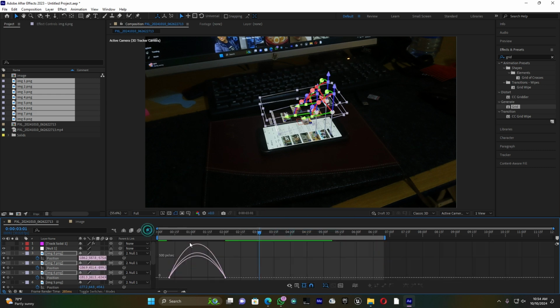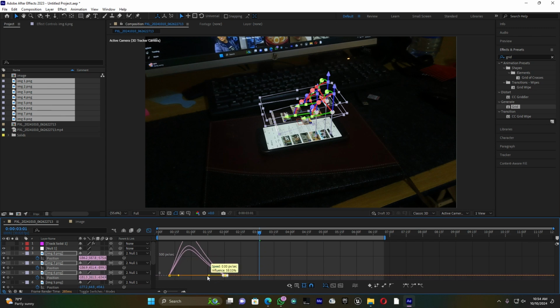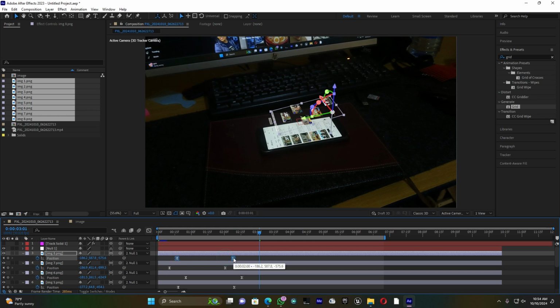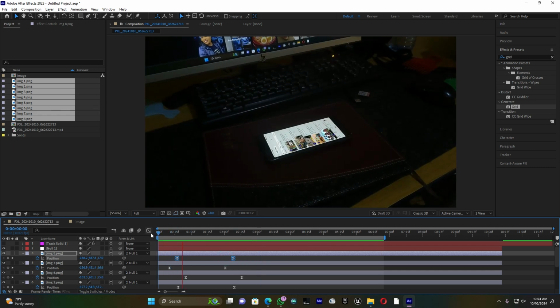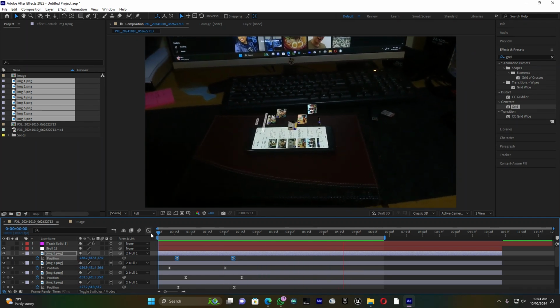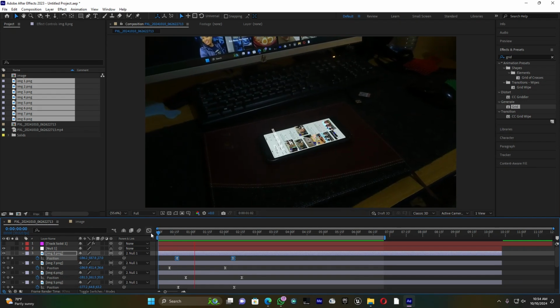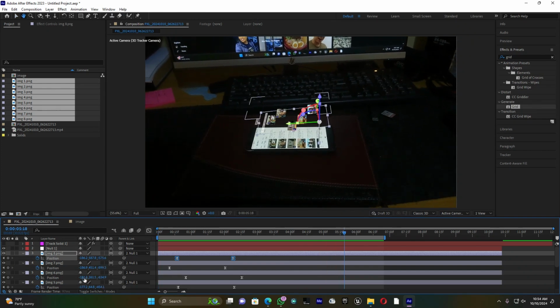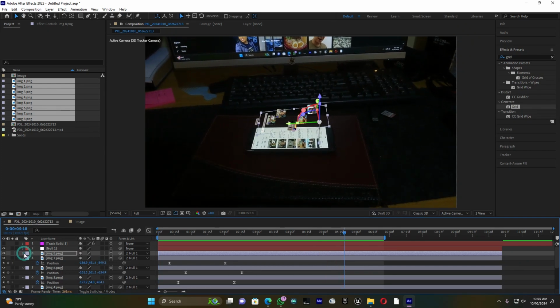Then easy ease, F9 to smooth, and let me do it like the first one. Yeah, this is good. And then you have to move one behind and another one in front. Something like that. When you play, guys, you see how this image is animated. That's so pretty, man. You can understand. Yeah, that's so good. This is how you can animate this